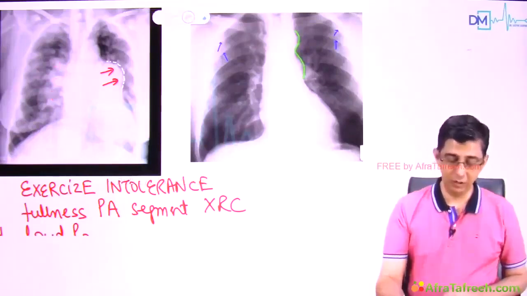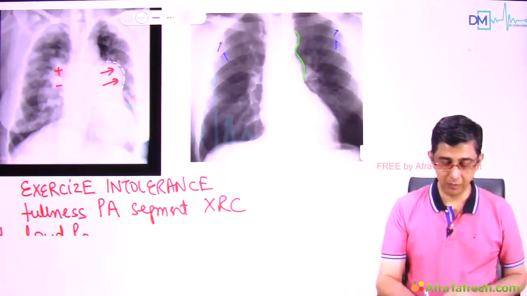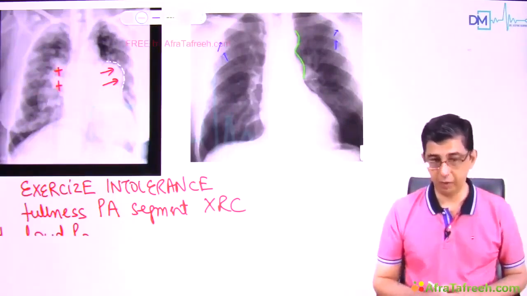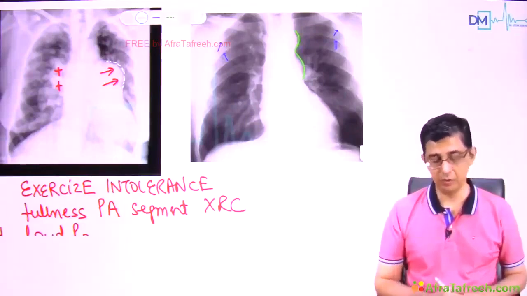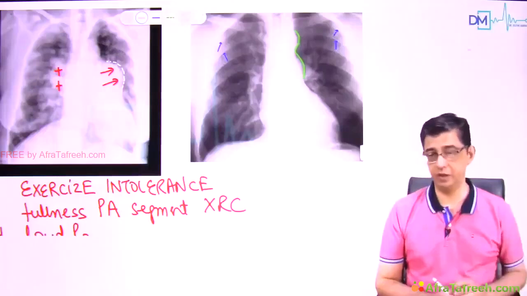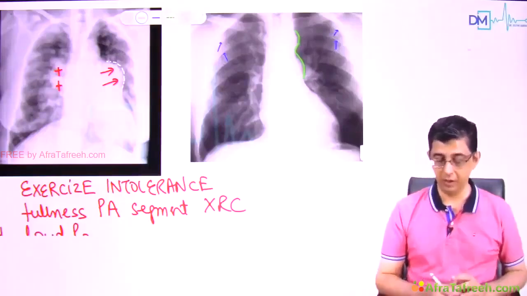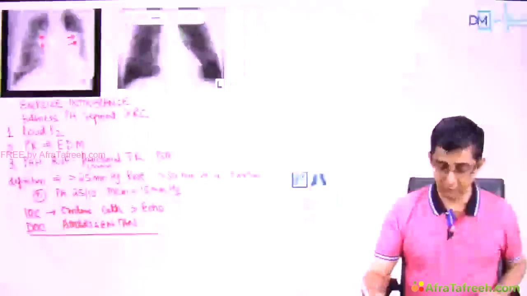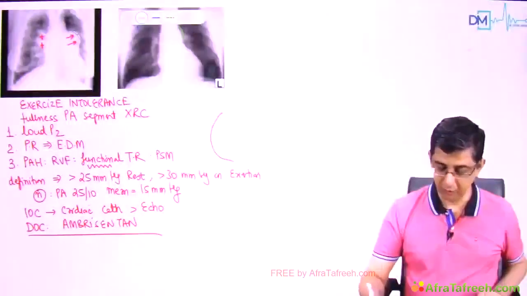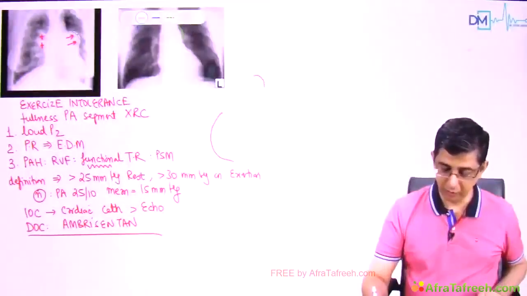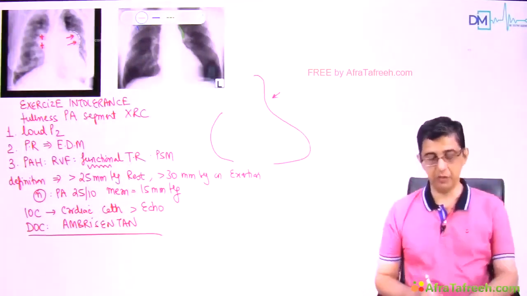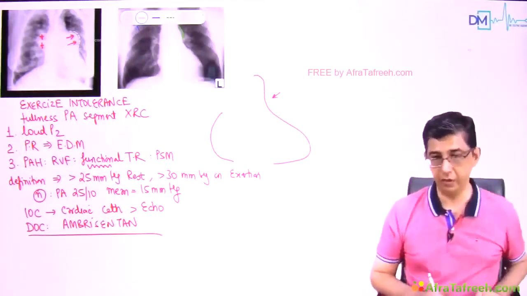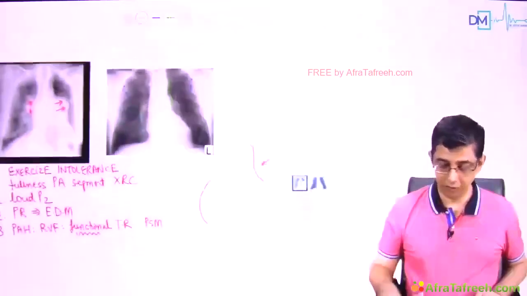Even on the contralateral lung, you can notice the pulmonary artery segment being fairly prominent, and even the cardiothoracic ratio of this patient is increased. There's definitely a cardiomegaly in this patient, so it could be that left heart disease could have resulted in pulmonary artery hypertension in the patient. I would like to highlight the fact that normally on a chest X-ray, when you look at the aortic knuckle, below the aortic knuckle there is always a concavity. There's a concavity of the pulmonary artery segment, but in this case, the pulmonary artery segment is very full. Then you will notice in the next image,